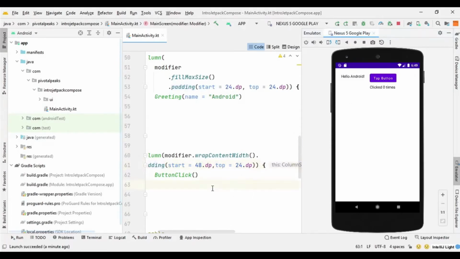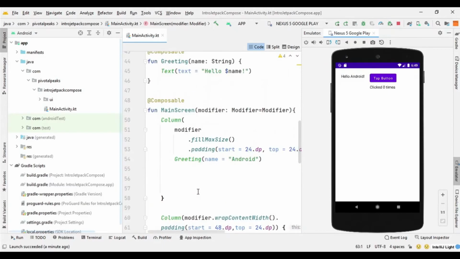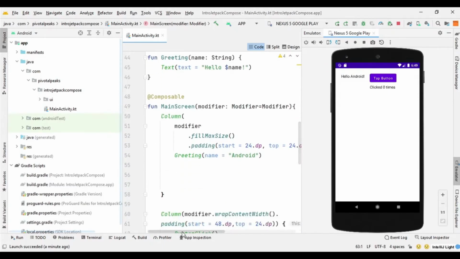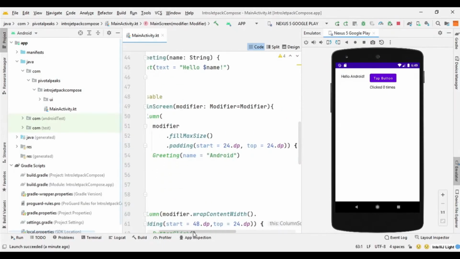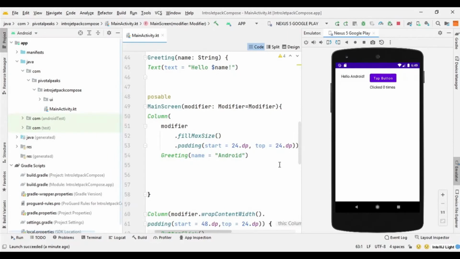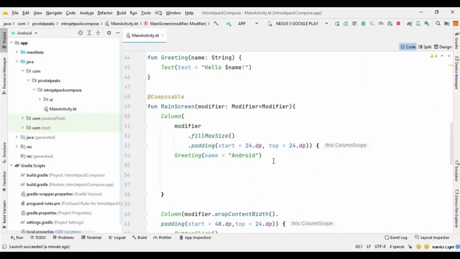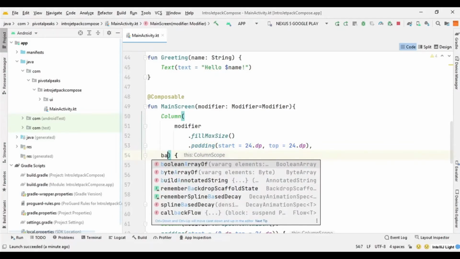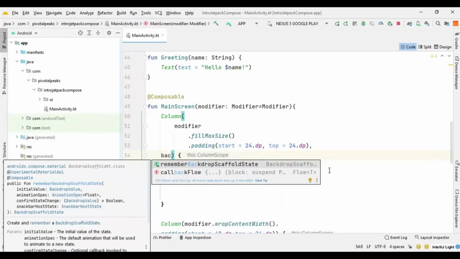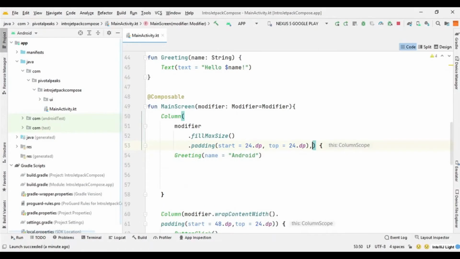So what you can do is you can put a background color so we can differentiate the both of the columns. So here we can put a background color and it did not take it.